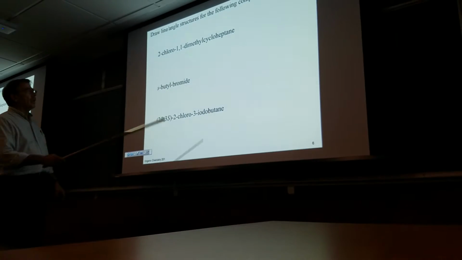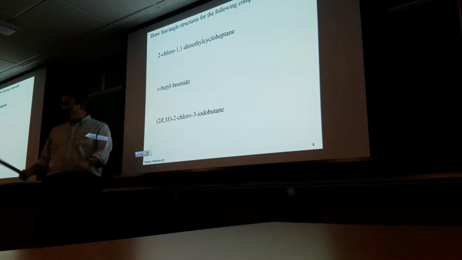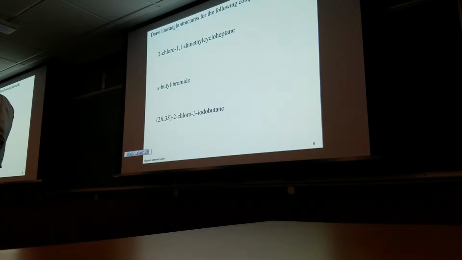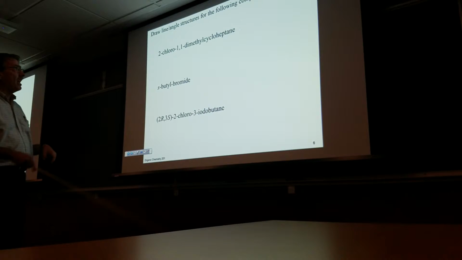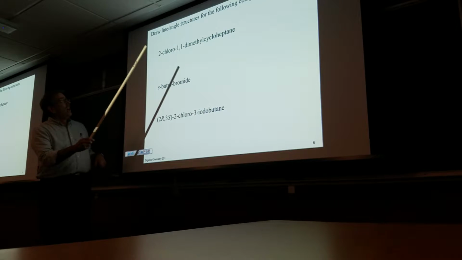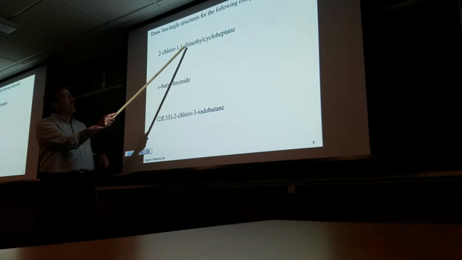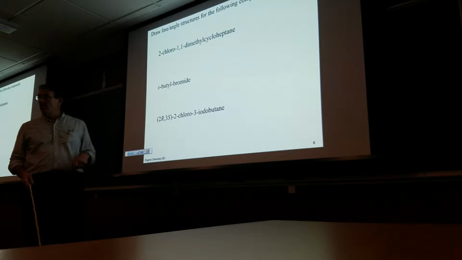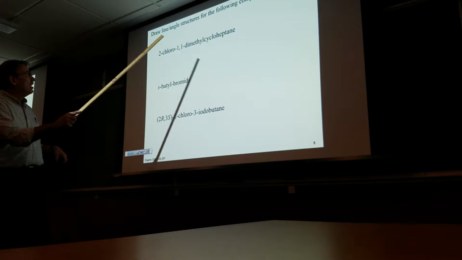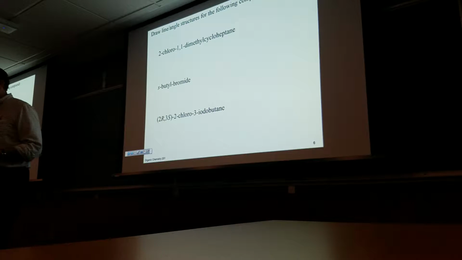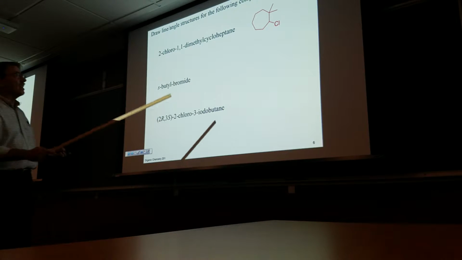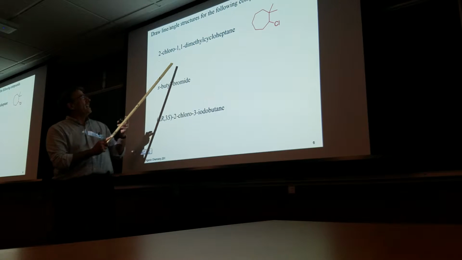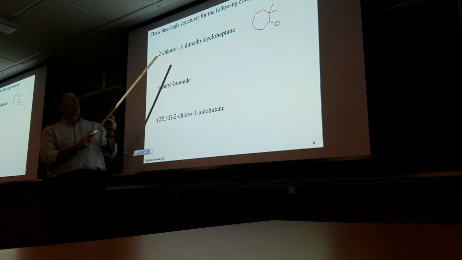Let's just do the opposite. I have a cycloheptane, so I'm going to have a ring with how many carbons around it? 7, right? Heptane is going to be 7. On the number 1 carbon, I'm going to have 2 methyl groups. And on the number 2 carbon, I'm going to have a chloro. If I draw that real quick, I can see that now, but why didn't I call this 1-chloro